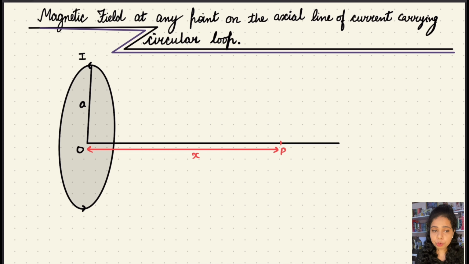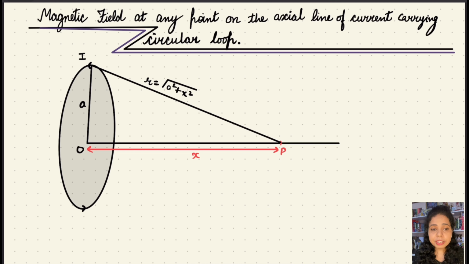current carrying circular loop. Now we will divide this current carrying loop into an infinite number of equal parts such that the length of each part is the same, as we cannot study the whole loop in one go. So now we will consider a current element I dl, that is, current I is passing through the small length dl, and we will connect this current element to the point of observation such that the distance between the point of observation and the current element is taken as r, where r is equal to root a square plus x square, which is calculated by applying Pythagoras theorem.